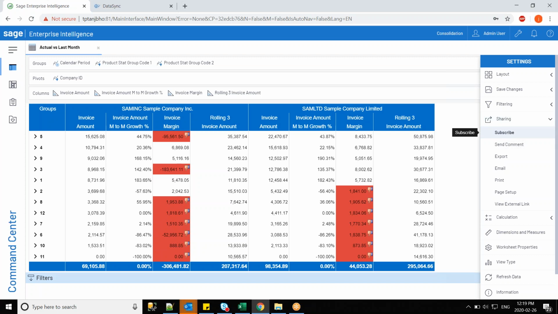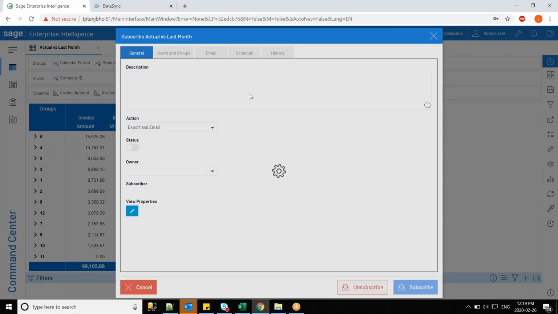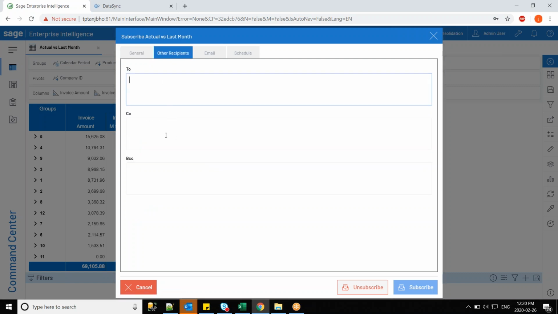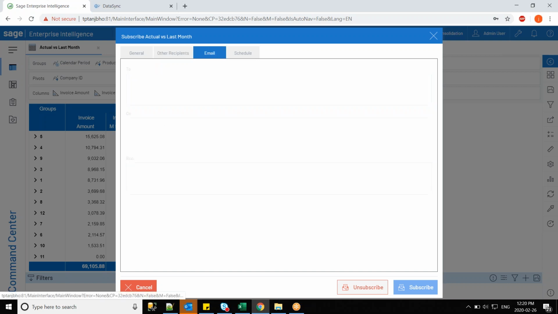Another part which is also very, very useful is how users can subscribe to these reports and have them automatically sent out into their inbox or simply saved on their network drives. So that kind of integration is possible as well. So you simply give your description, choose the action, and then you can also select the different recipients for these reports, set in the email, which can also be